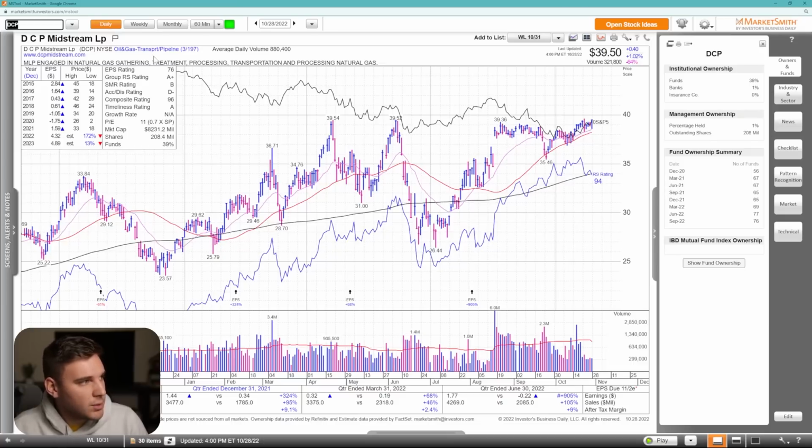DCP, this is also in the oil and gas area. Great estimates, great earnings, especially last quarter. And I love how tight it was here within this range. And then on Friday, we had an outside day. Not huge volume, but I love to see follow through, breaking through that 40 level, as well as this spot, the 39 area